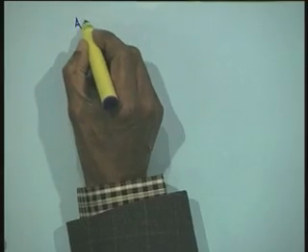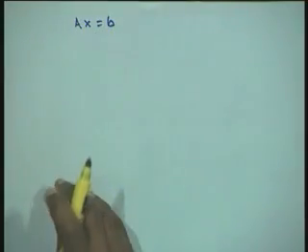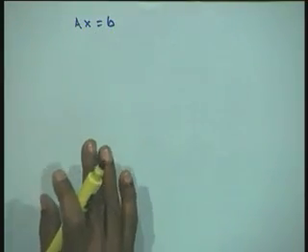In our last lecture we have derived two methods for the solution of the system of linear algebraic equations Ax = b. We have mentioned that the Gauss-Seidel method is at least 2 times faster than the Gauss-Jacobi method. However, in practical applications, when you have thousands or lakhs of equations, even the convergence of Gauss-Seidel is not sufficient, because it would take too much time. Therefore, we need methods which work faster than the Gauss-Seidel method.